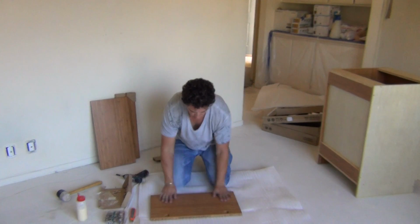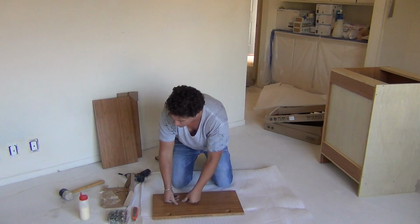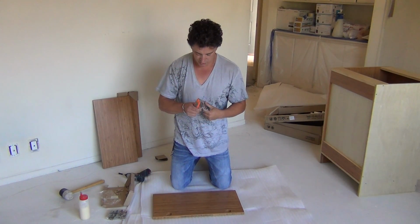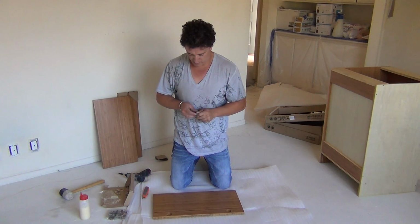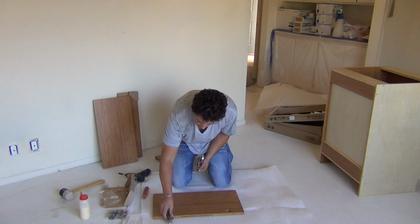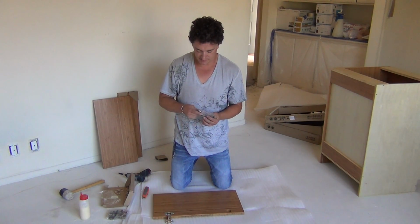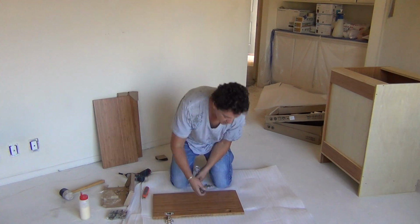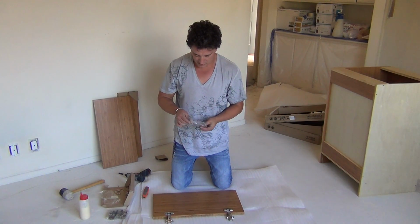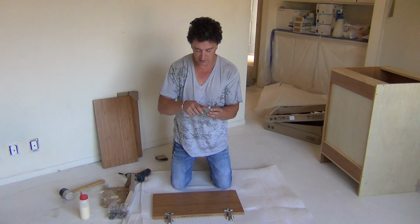Now you have your door. Put it in front of you, with the hinges towards you. We take the package that we have. The package contains 2 hinges, which are soft close hinges. That's the good part about this cabinet. Even if you have a fight, I guarantee you it's not going to be in the kitchen or in the bathroom. They have a 6-way adjustment: up, down, left, right, in and out. They come with a small package of screws for